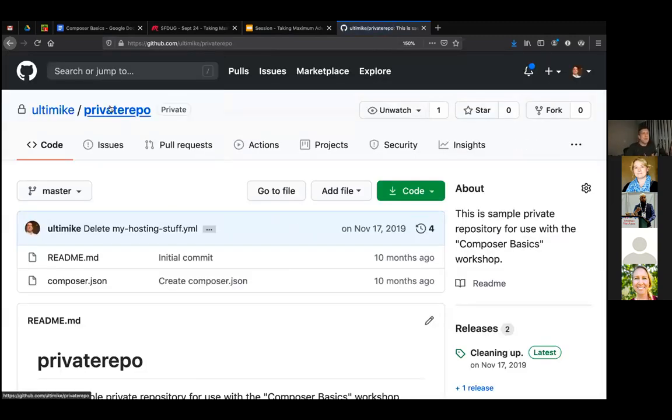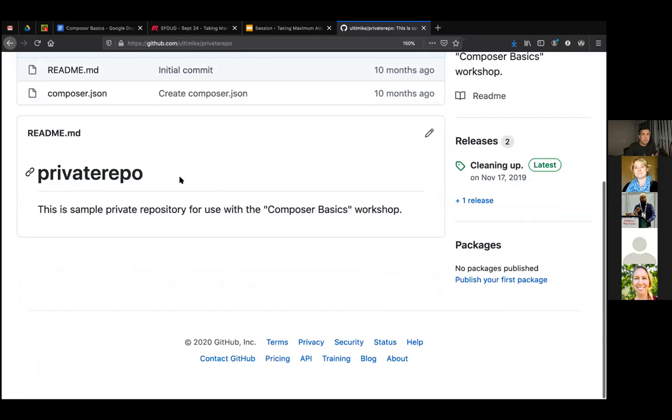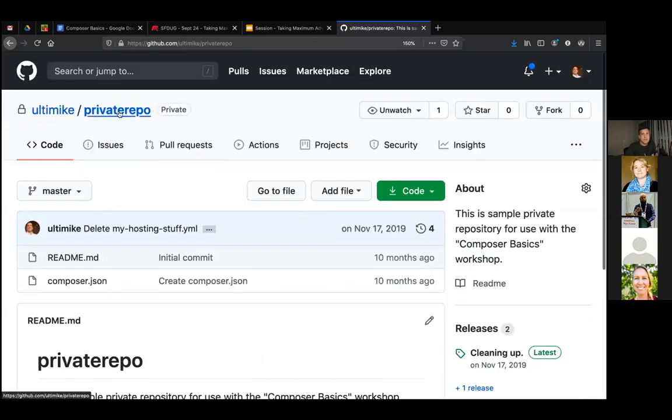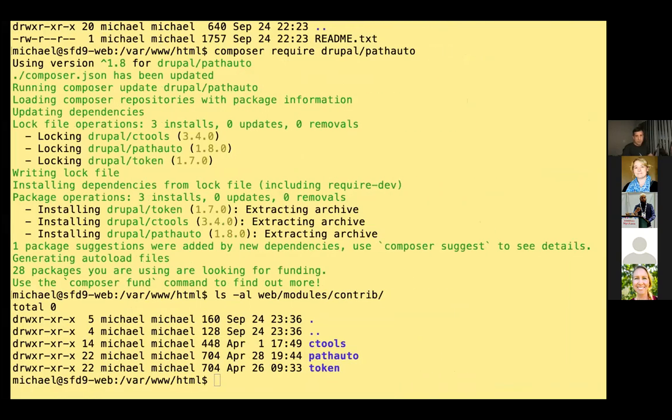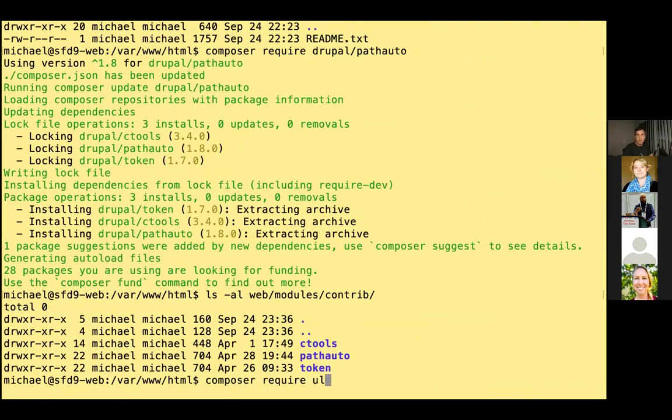So I have this private repo up on GitHub. Just imagine this is like a custom module that I use maybe for different clients, but it's definitely private. And that's why when I tried to get to it as anonymous, I couldn't get to it. But let's say I want to include this. I want to require this. How could I do that? Well, it's ultimike/private repo. So if I just come over here and do a composer require ultimike/private repo, this is